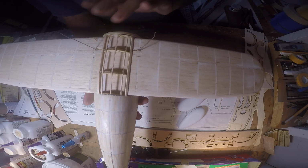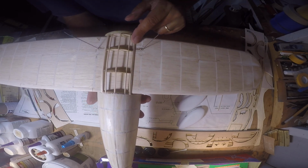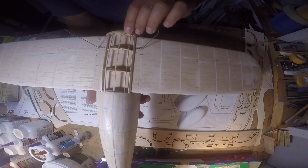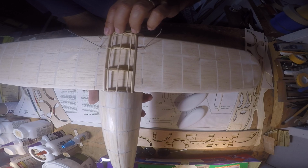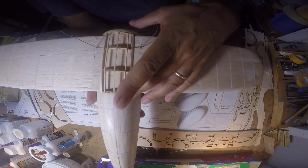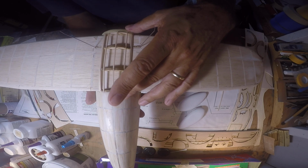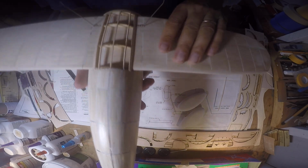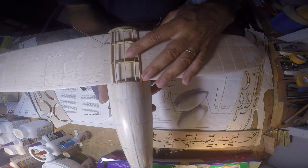And anyway, we'll get those installed, and then sanding is going to be a little tricky around the wing, which is already finished, and around the fuselage, which is already finished. We'll just have to do that. I'll just have to do the best I can to stay off of the finished work as much as possible. There'll be a little bit of extra filler going on down here. Also, after this is done and sanded